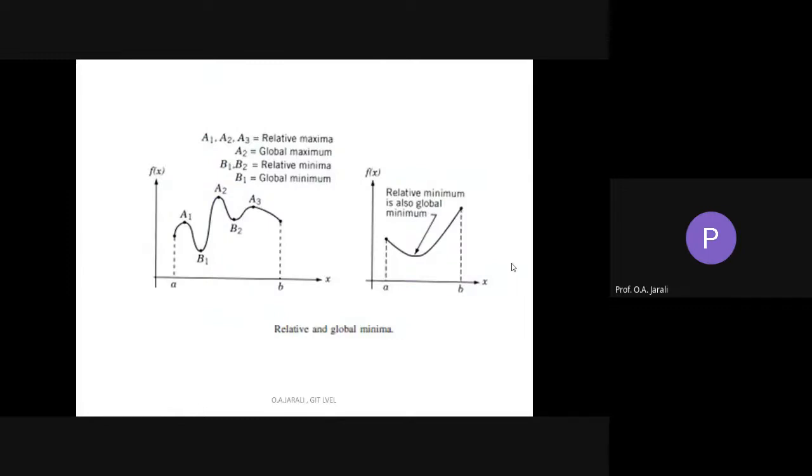See here, relative and global minima. These are the function of x. Function of x means in a formula, if you write down the value of x, and x varies over the given limit, if it is integer 1 to infinity, and if it is real, then minus infinity to plus infinity, any value of x. If you put that value x in that formula, then you will get a certain curve. You will get the nature of curve f of x.